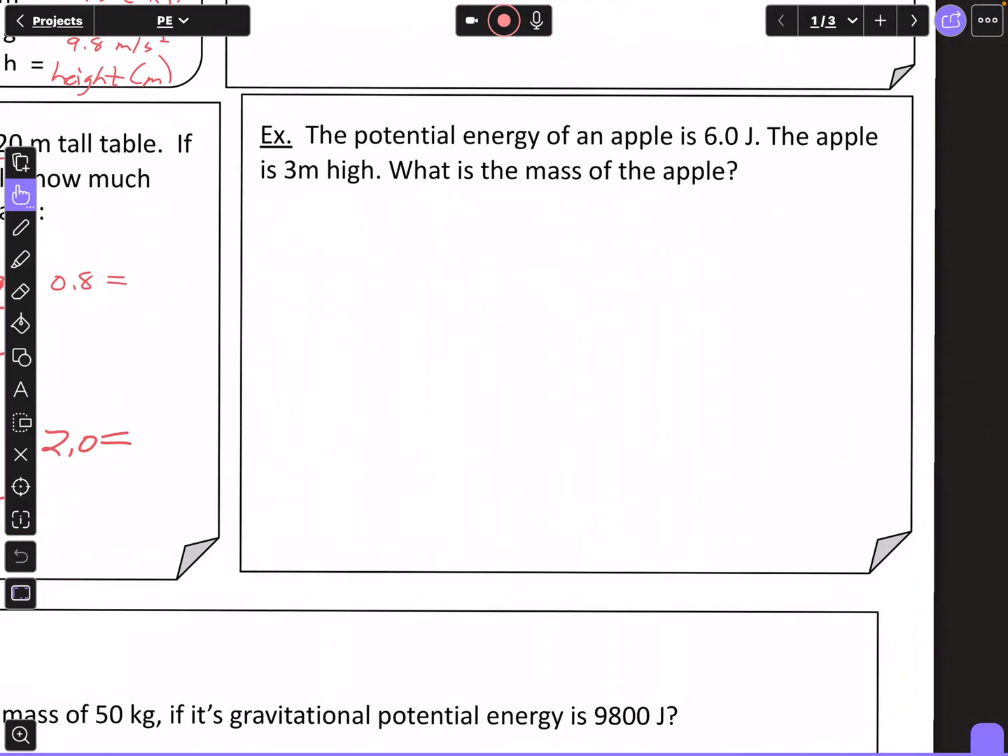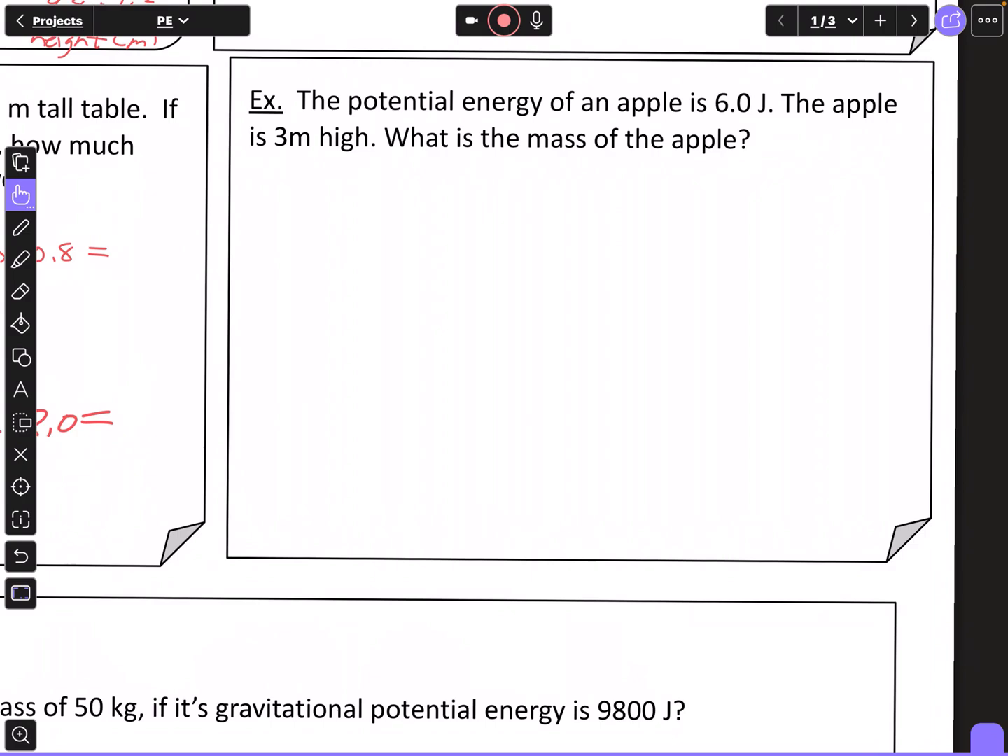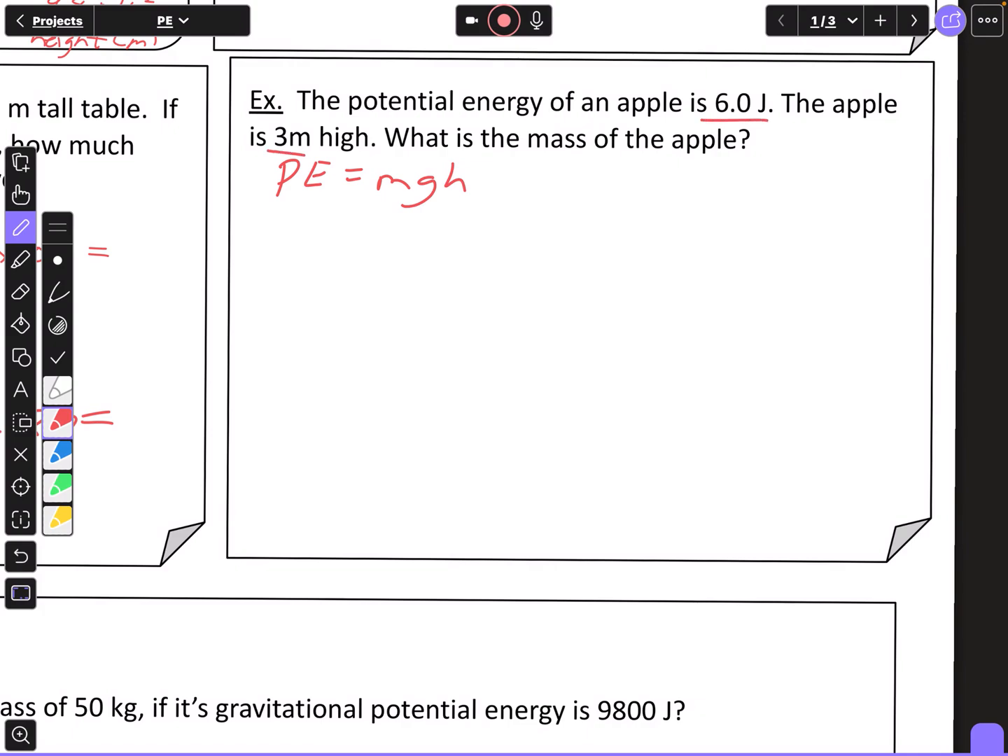The potential energy of an apple is 6.0 joules. The apple is 3 meters high. What is the mass of the apple? So I'm going to start with my equation. I know potential energy is equal to mgh. So the potential energy is 6.0 joules. The apple is 3 meters high. So I plug in 6.0 for potential energy, equals